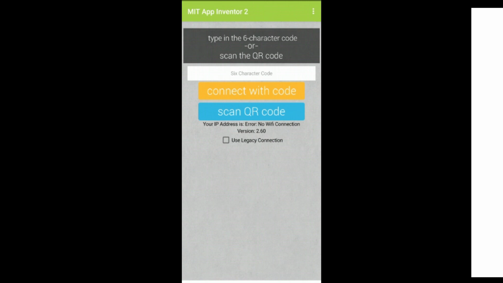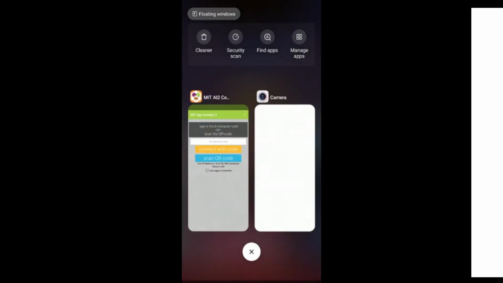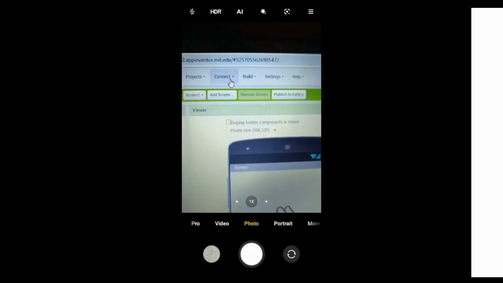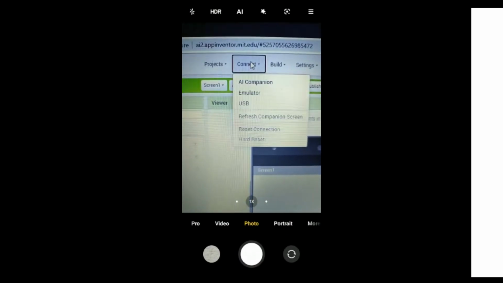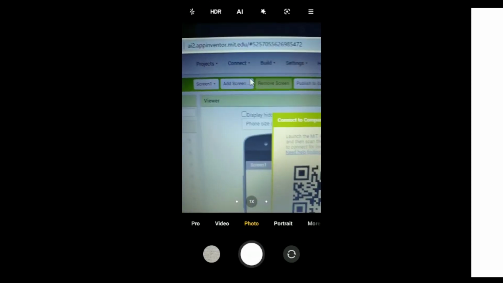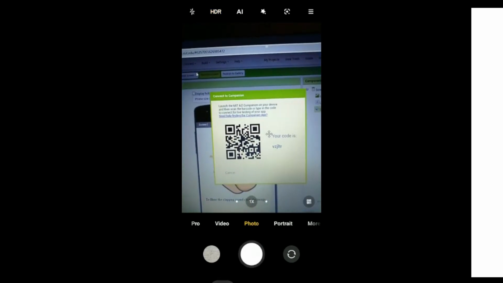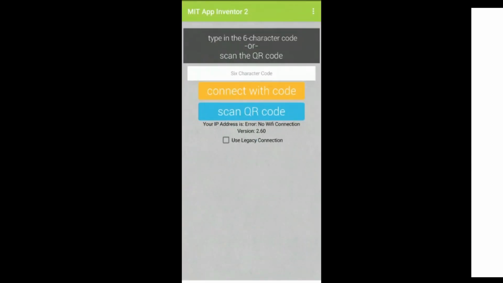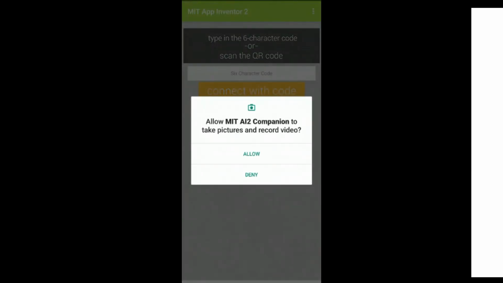So once you have done that, you have to come into the app and click on scan QR code. Before that, you have to just go right here, click on connect, click on AI companion. As you can see this QR code, quickly go to your MIT AI2 companion, click on allow, then scan the QR code.